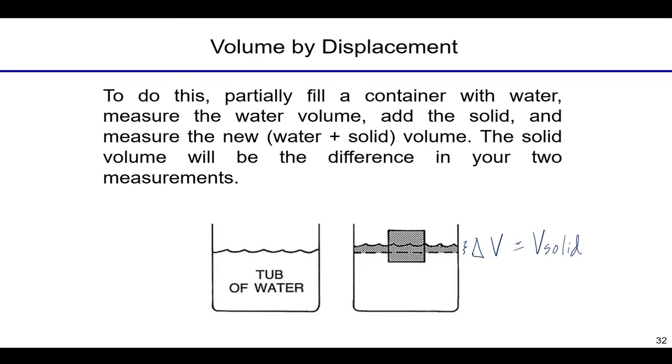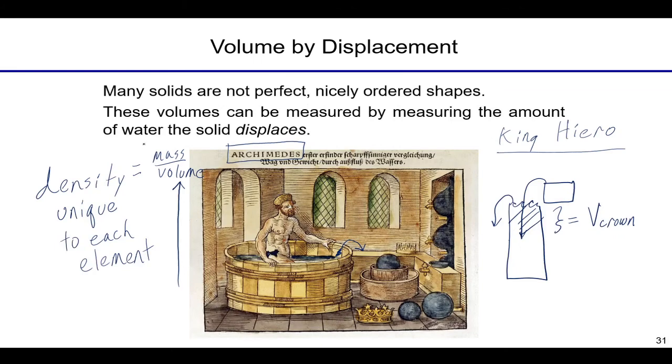And so what he realized is he could do this with the crown. He could find the volume of the crown, plug it into this formula, and calculate the density of the crown. And that's exactly what he did. And he found that the density of the crown did not equal the density of pure gold. It was quite a bit less, meaning the goldsmith did try to rip off the king and substitute some of the gold with something cheaper like silver. And unfortunately for the goldsmith, Archimedes was brilliant enough to realize how to do this. He reported it to the king, and well, the goldsmith, let's just say things didn't quite work out for him.